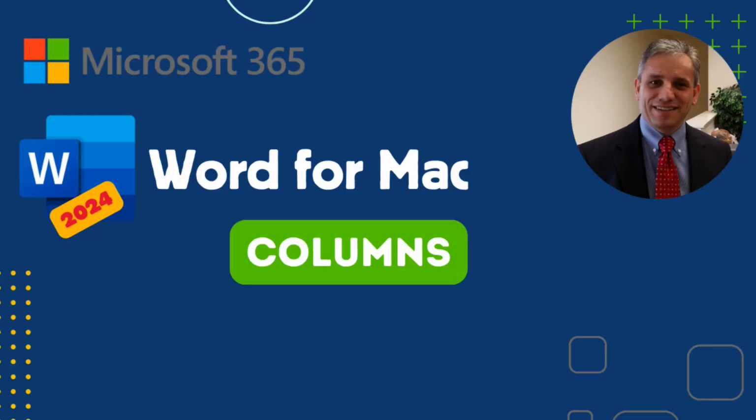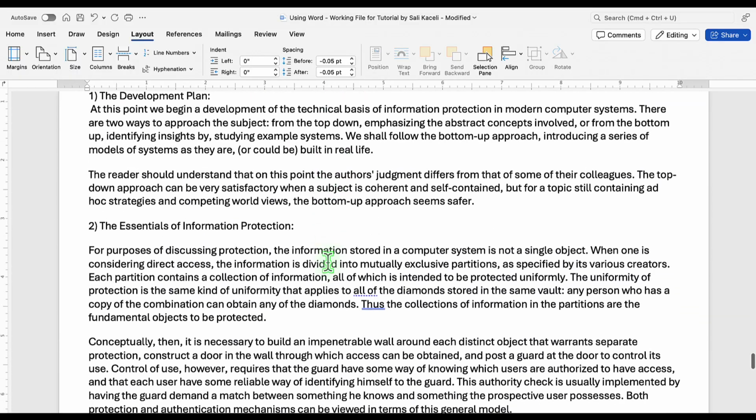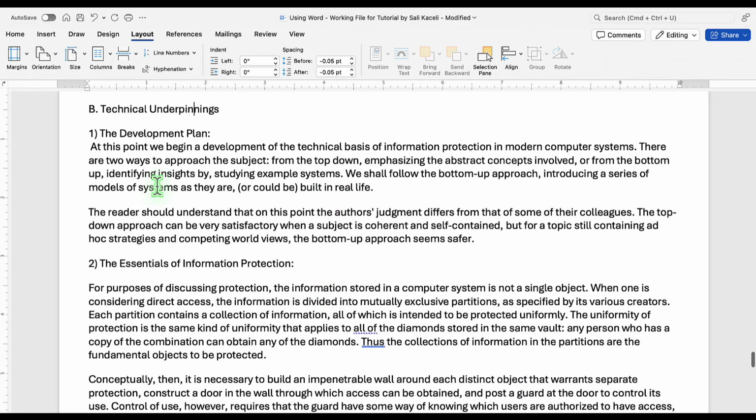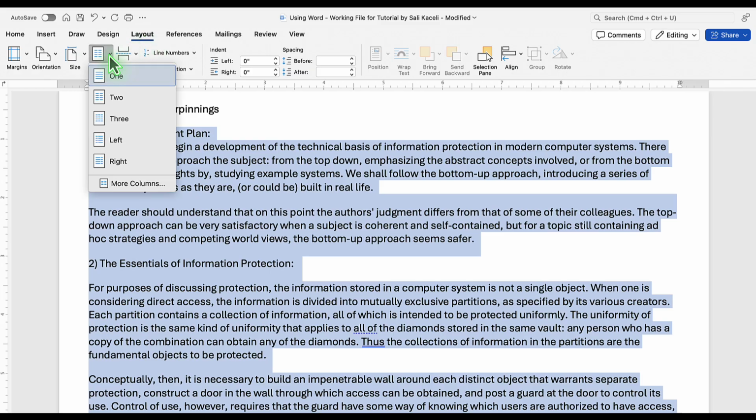In this segment of the Word tutorial, we're going to learn how to insert columns in a document. So let's say in this document, we want to create 2 columns. So we select the text that we want to use as part of the columns, and then go under the Layout tab and then click on the drop down for columns. Then we can select 2 or 3 columns and so on. However, the